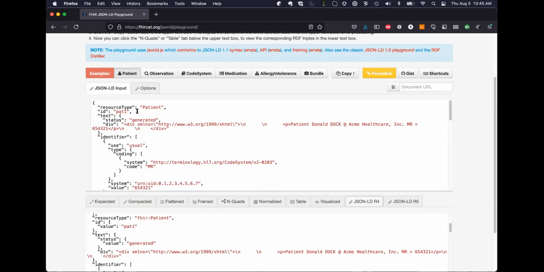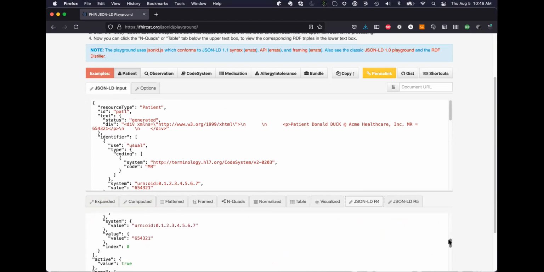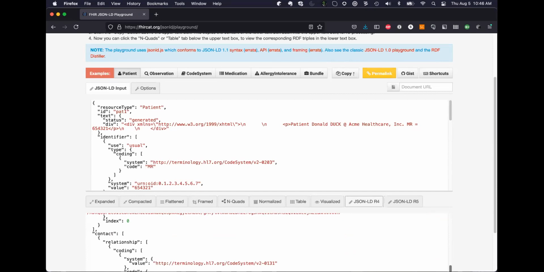The ID, which was just pat1, just like Boolean and everything else, is extensible. So we've turned it into an inner structure. If I go down further here, same for active. The thing that JSON-LD can't do is introduce new nodes that didn't exist in the JSON structure. And similarly, it can't add new data that isn't there already. So if I go down a bit further here,